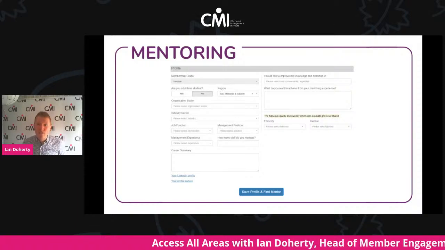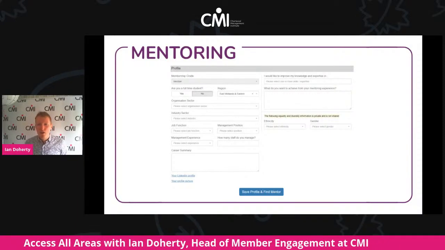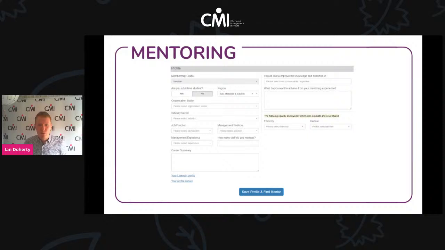Once you've done the basic details about yourself, on the right-hand side, you can now start to say what you actually want to get out of a mentoring relationship. There's a drop-down list of around 21 different topics that you can pick from. Some examples are that you may wish to receive mentoring on how you can better achieve results within your working life. You may want to look at how you can expand and build your professional network. You may be wanting to completely change career, but you've got no idea where to start, and there are mentors within our system that specialize in that area.